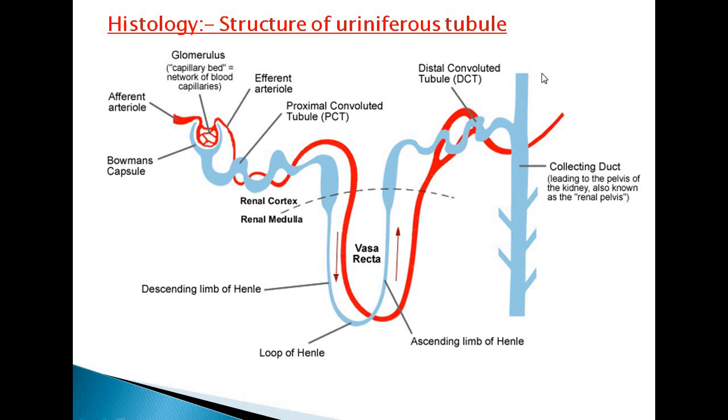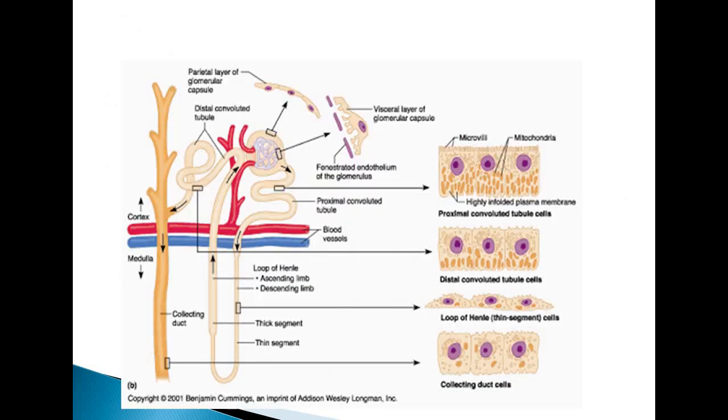The collecting part consists of many collecting ducts, which mainly form the duct of Bellini, which opens at the renal papillae in the minor calyces. So these are the two parts, the secretory part and the collecting part. In this outline, the upper part is present in the renal cortex, and the lower part is present in the renal medulla. The juxtaglomerular apparatus is formed at the vascular pole of the kidney.